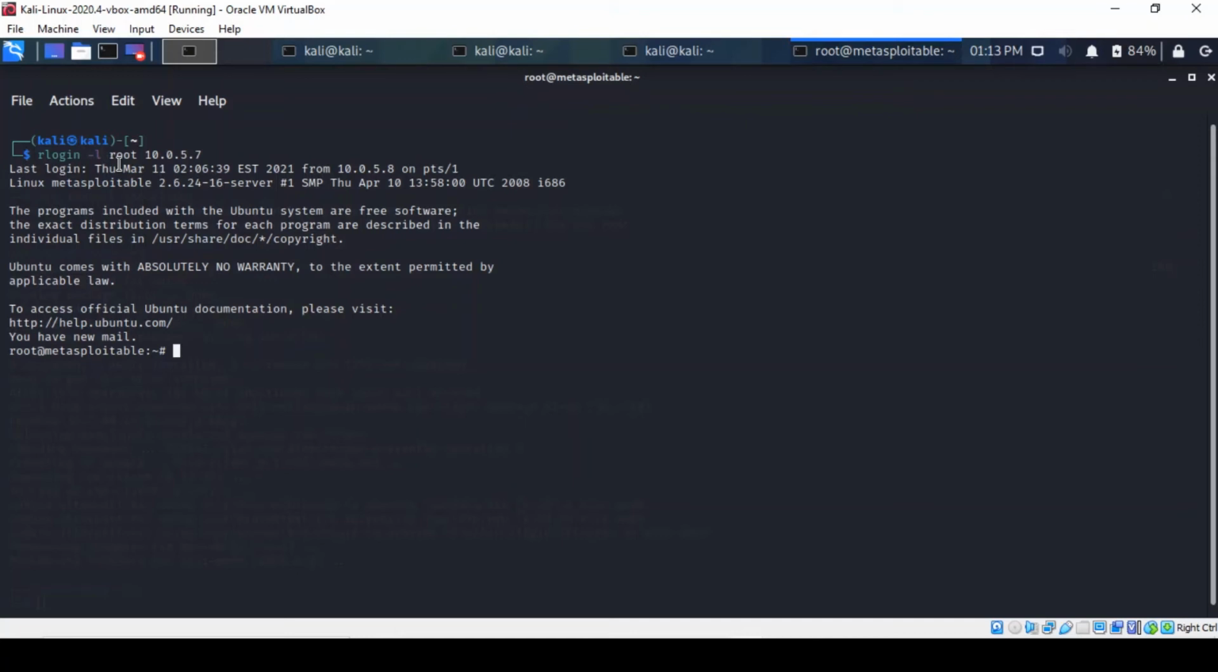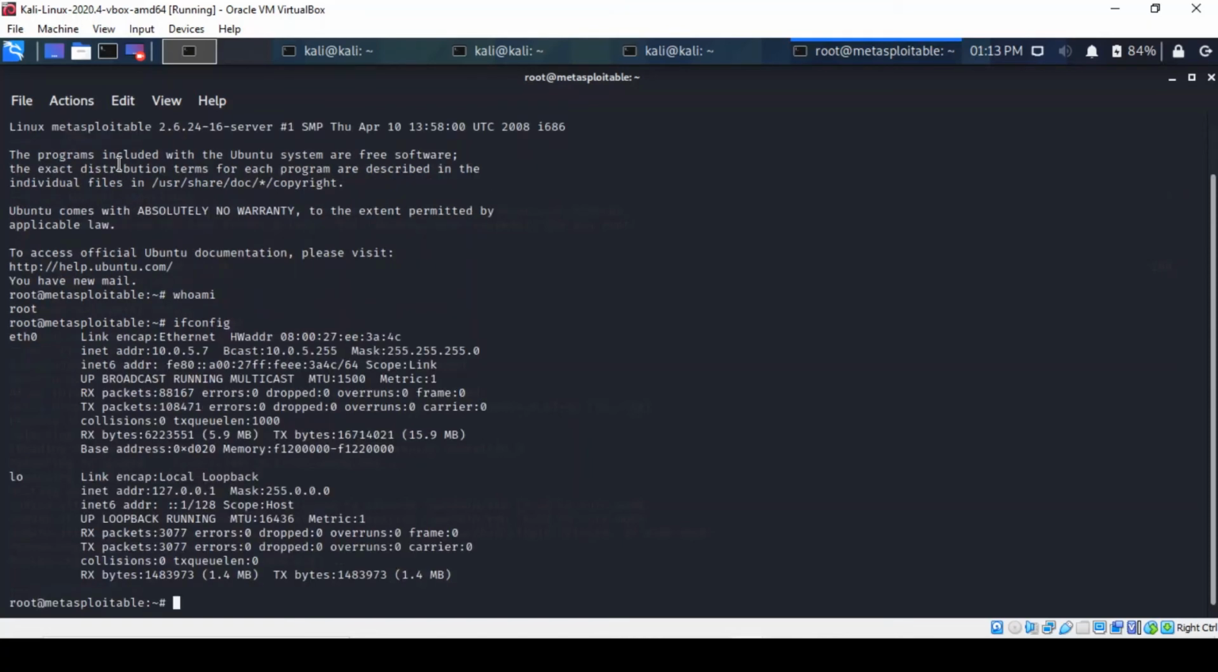The command gives you a shell on the target Metasploitable machine, and you can run commands such as whoami to prove that's the case. You are root, the highest level of privilege, and you can find out the interface configuration. And indeed, we are on the Metasploitable virtual machine as demonstrated by the IP address. So we can exit that